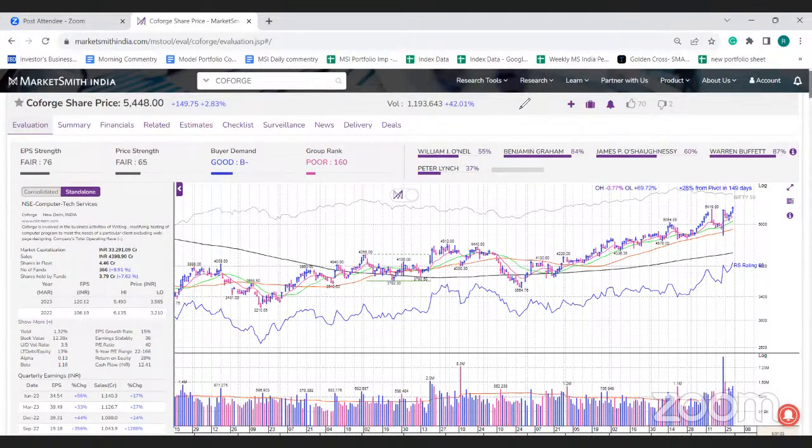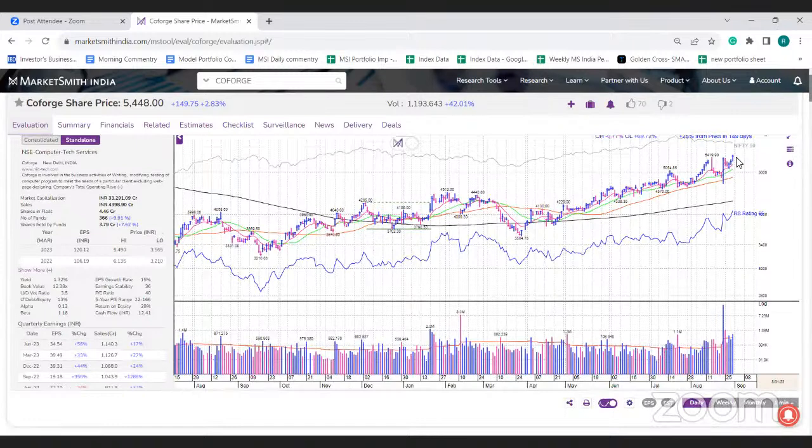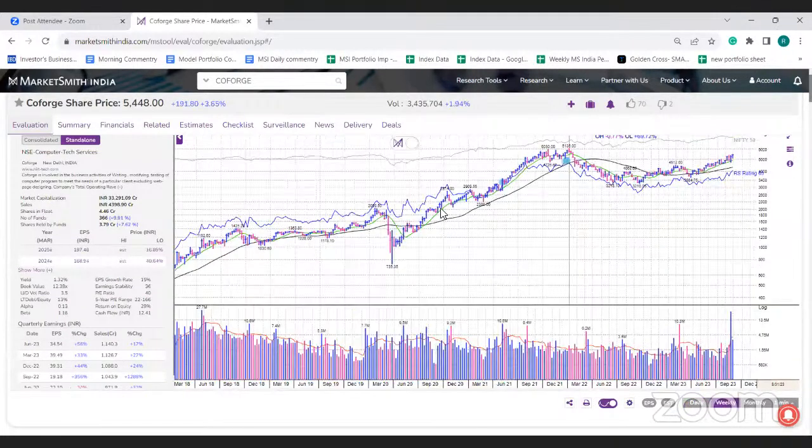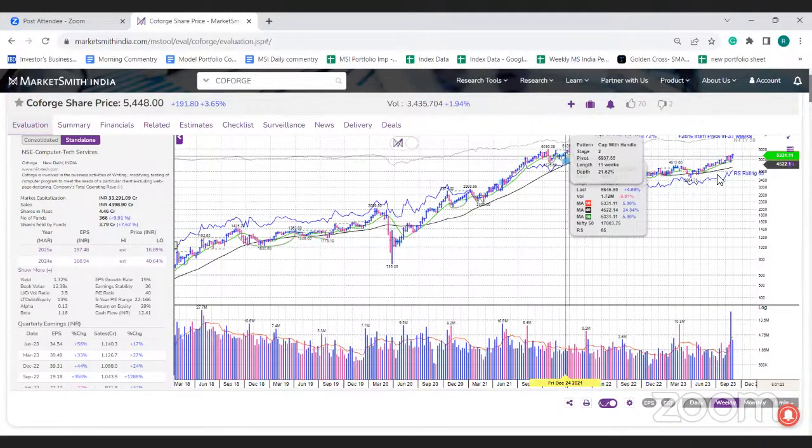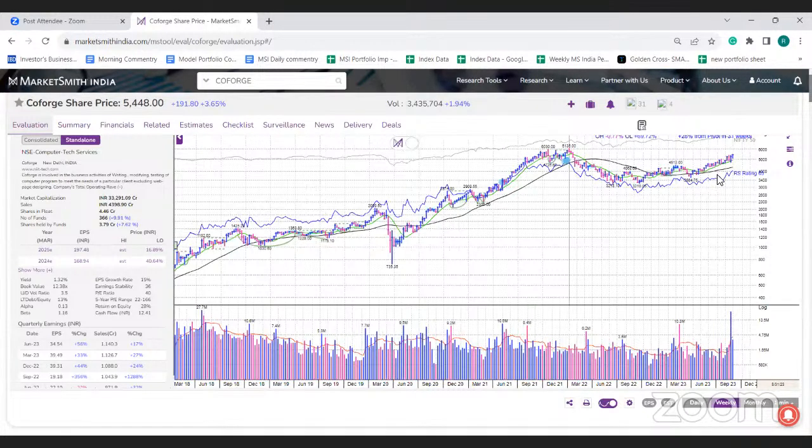एक broadly अगर देखो तो एक cup जैसा बन रहा है on the weekly front. A huge cup is getting formed on a weekly front, but if you look at the daily, it is quite extended from its base. यहाँ पे उसका base बना था in January. And after the breakout it failed. I think it failed, 50 DMA 200 DMA सब तोड़ दिया था. वहां से फिर से रिबाउंड होके एक अच्छा मोमेंटम मिला. ओवरऑल देखो तो this time the result was a decent one.